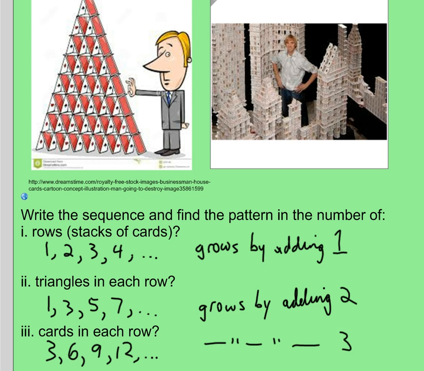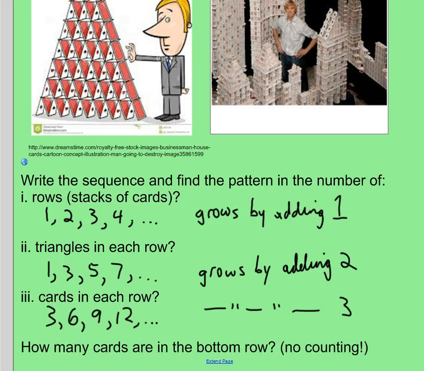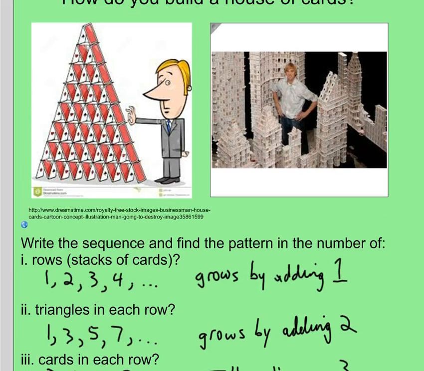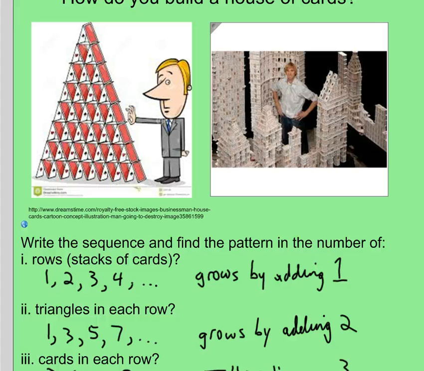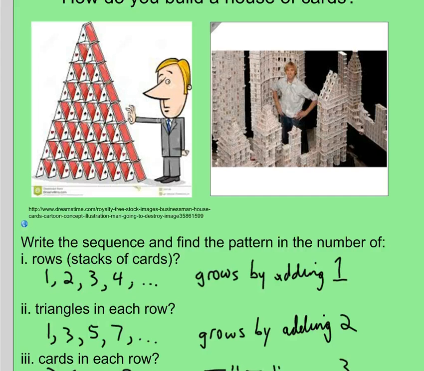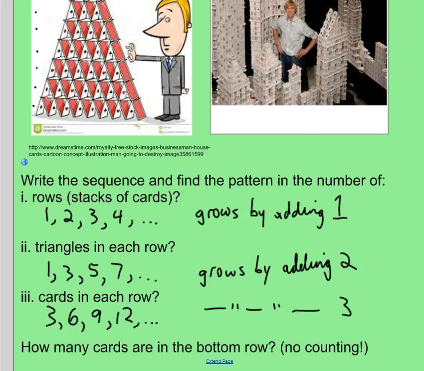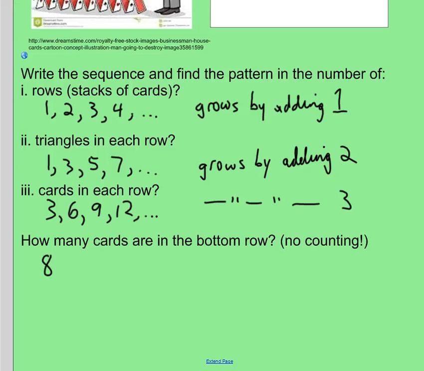All right, so these are really simple patterns, really simple sequences of numbers. To introduce a challenging question, how many cards are in the bottom row? Well, without counting that, we would probably want to know which stack is the bottom row. We count them: first, second, third, fourth, fifth, sixth, seventh, eighth. Knowing that the bottom row is the 8th stack,